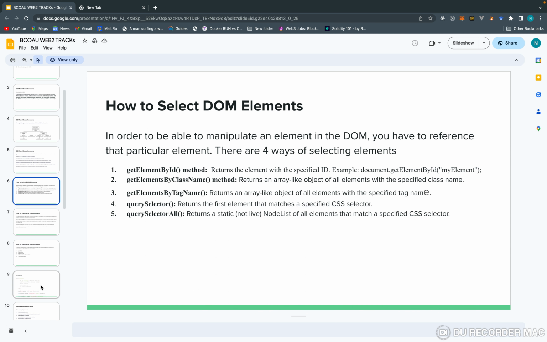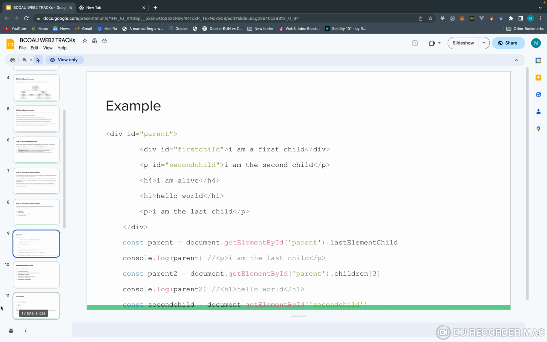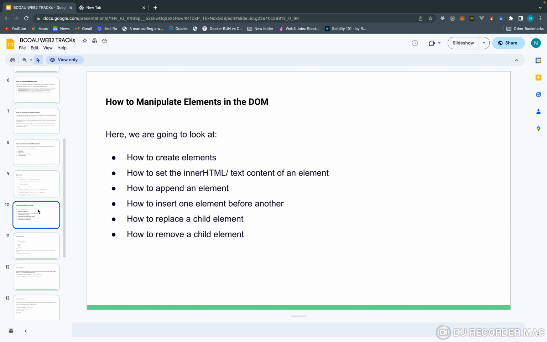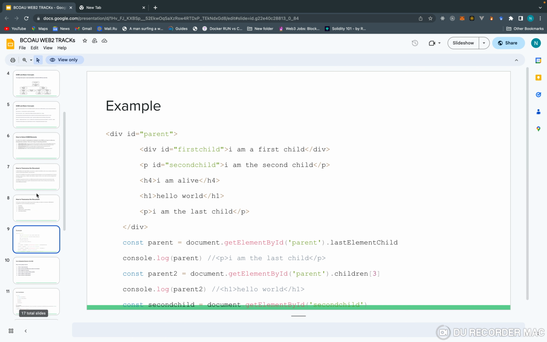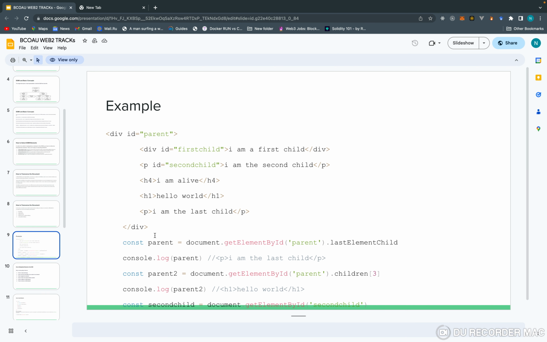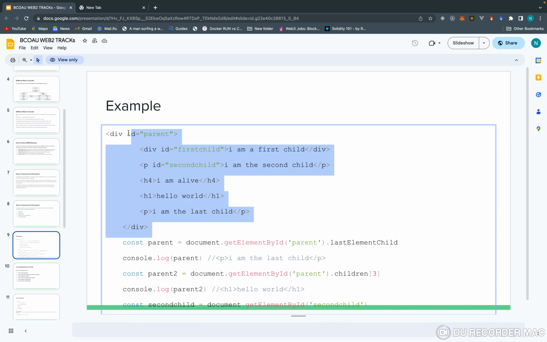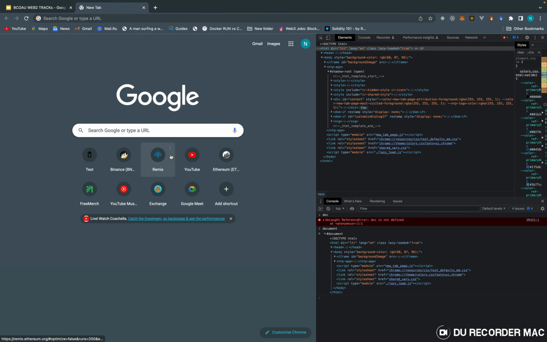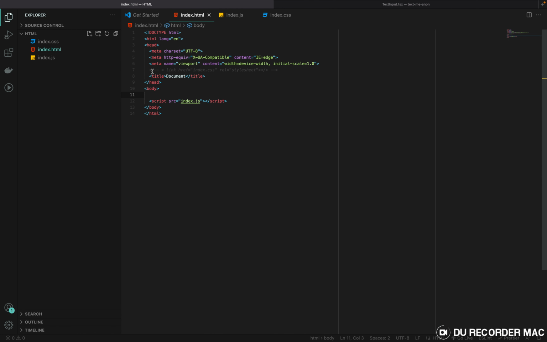There's this sample here. getElementById returns an element with the specified ID. So I can do it like this now. I can copy this. So if I come here, I'm pasting this in my